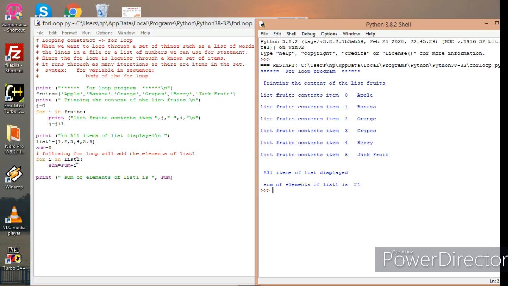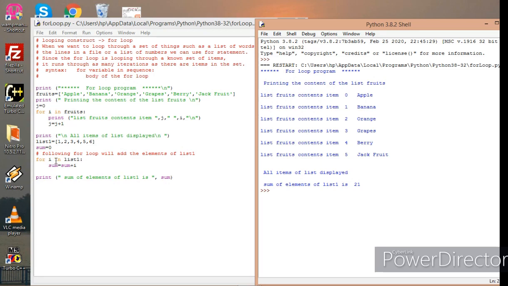For i in list1: you can just look at this syntax. For the variable I have used i, in, then list1, whatever list I am going to access, terminated by a colon. In this for loop, with this indentation, I have only one statement, sum is equal to sum plus i.